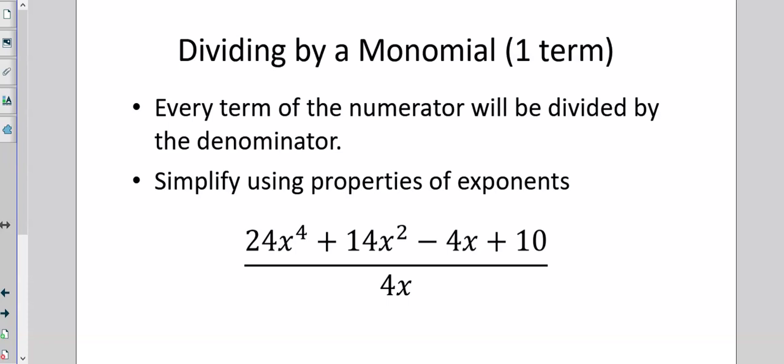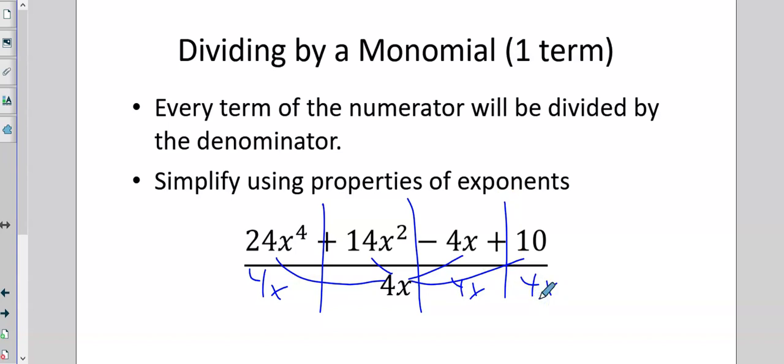So in this case, we're going to divide every single item by 4x. So it's going to go into each one of these. Almost like if we wrote them separately and we put a 4x underneath here, a 4x underneath here, a 4x under here, and a 4x under here. Okay? So when we do that,